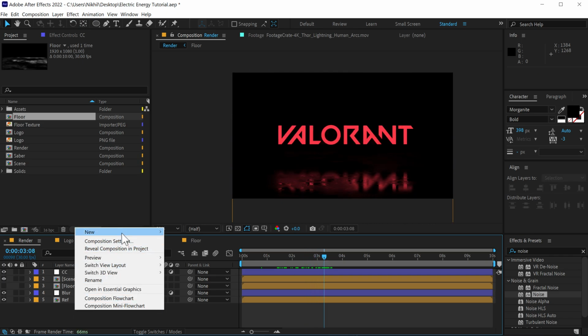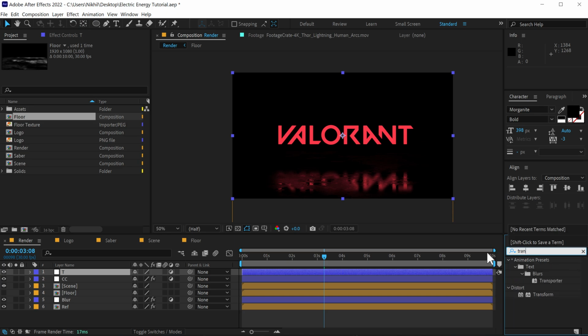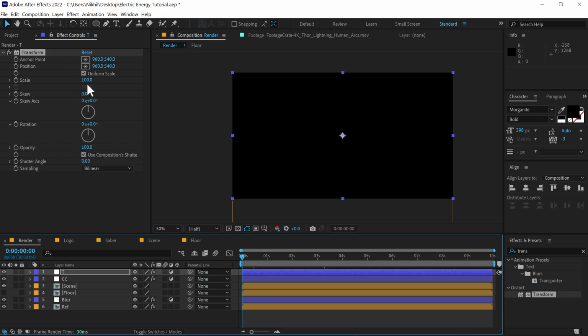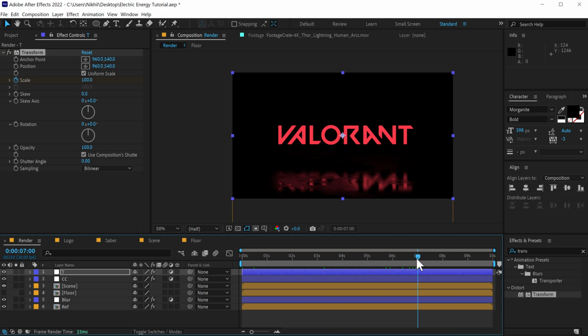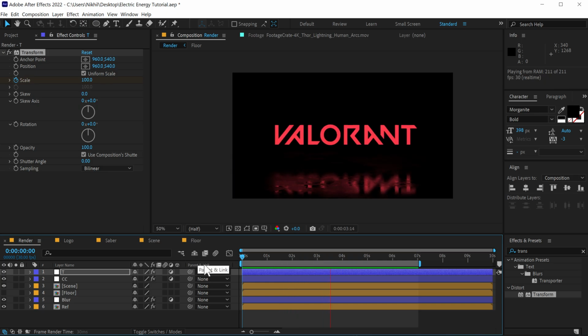And finally, I'll add a new adjustment layer. Again, let's add some movement to this. So I'll add a transform effect. Go into effects and presets, search for transform. Double click to apply that. Go at the very start. Let's create a keyframe on the scale. Go to, I don't know, maybe 7 seconds. And let's set this to 110. It adds a nice movement, as you can see. So that is looking